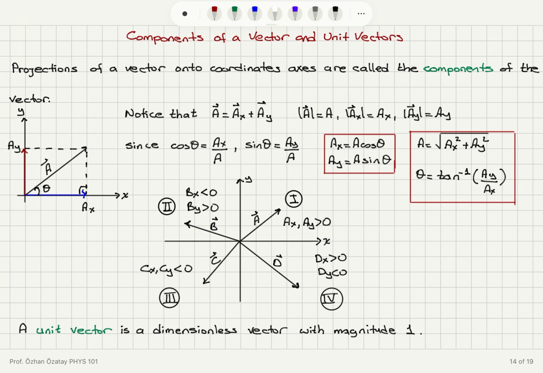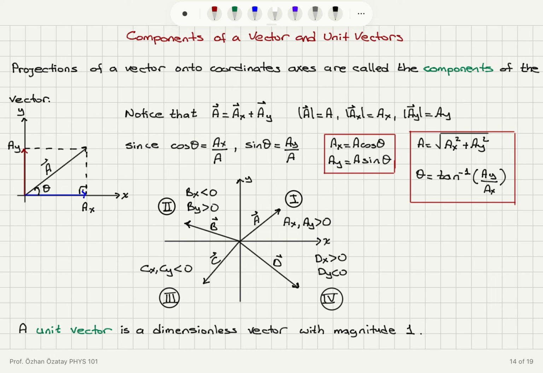We can take the components of vectors onto the x, y, and z axes, and those components are found by using these right triangles here. The x component is magnitude multiplied by cosine, the y component is magnitude multiplied by sine, and the magnitude and the angle with respect to the x-axis can be given in terms of the components ax and ay as square root of ax squared plus ay squared, and tangent inverse of ay over ax. We talked about 4 quadrants, 1, 2, 3, 4, and we see the sign change of these components depending on